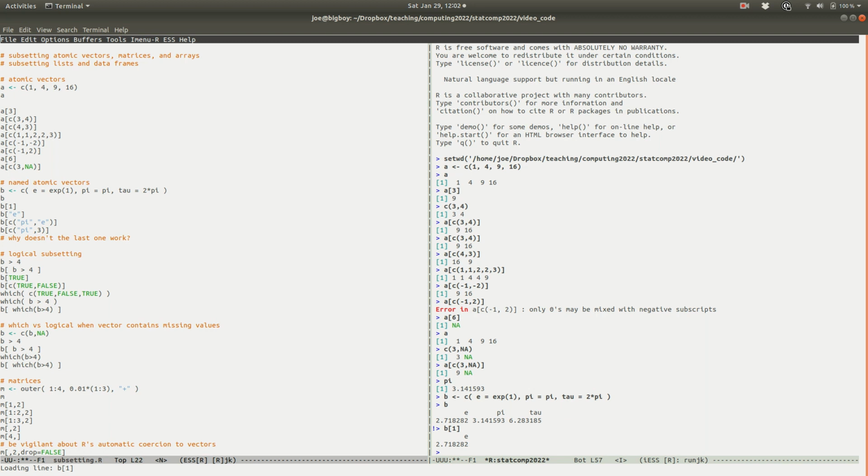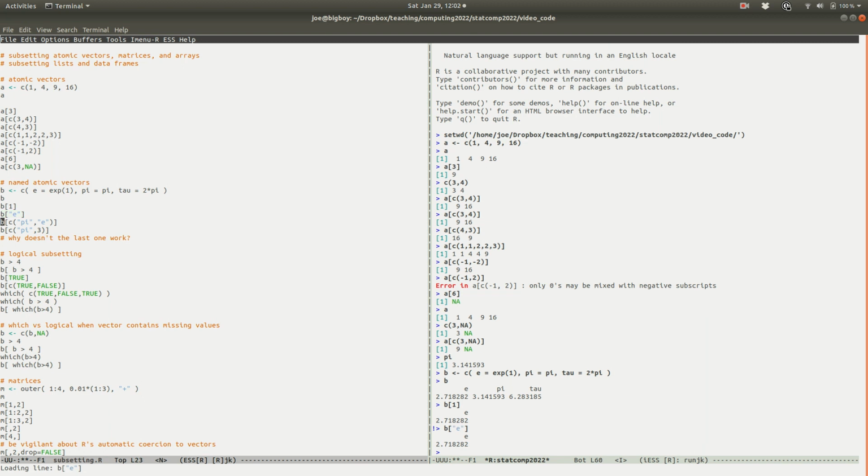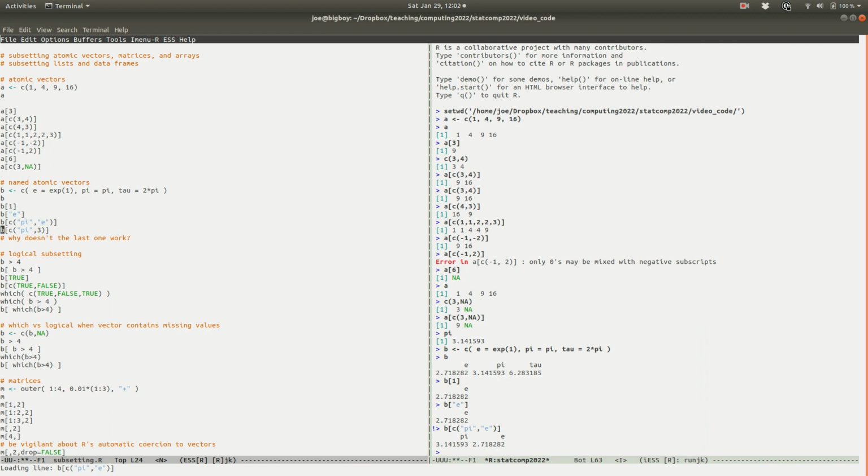And if we pull out the first element, it's going to keep the name attribute. We can also use the names to do subsetting. So this operates kind of like a dictionary in Python. So I could say B of character e, and that gives the value. I can give multiple names, and it will return them. But I can't mix